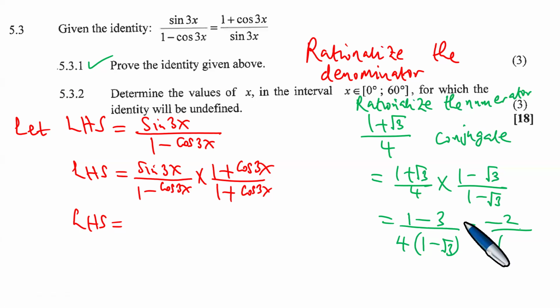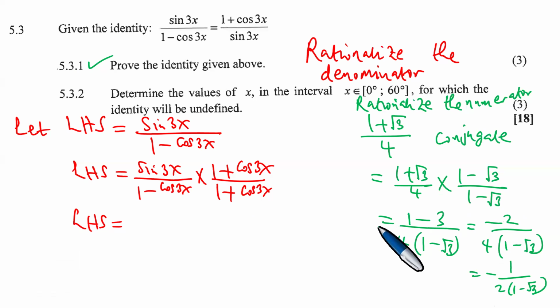Right, so you have 1 minus the square root of 3. Divide right through by 2, which gives minus 1 over 2 times 1 minus the square root of 3. Okay, so this would be an example of us rationalizing the